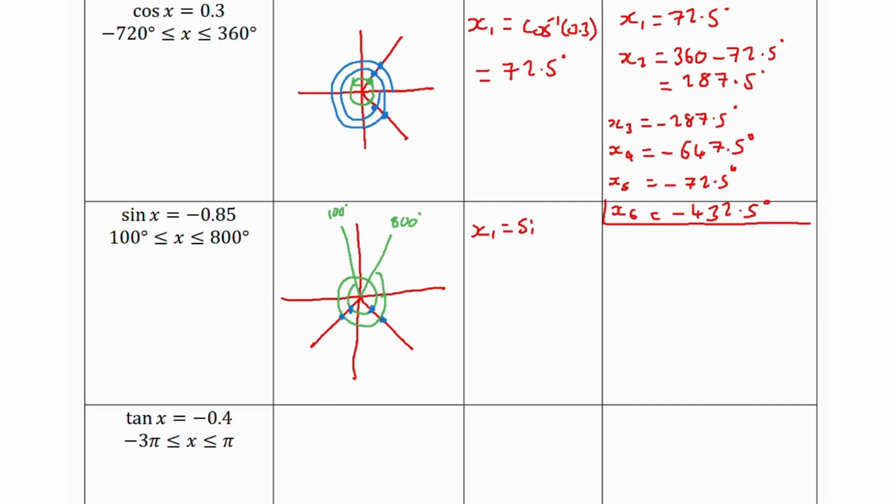X1 is going to be sine inverse of minus 0.85, which is minus 58.2 degrees. So actually that's going into quadrant 4 but going backwards, which is not what I want, but what that is telling me is that this acute angle here is 58.2. So now I can find my first solution, which is going to be 180 plus the 58.2,